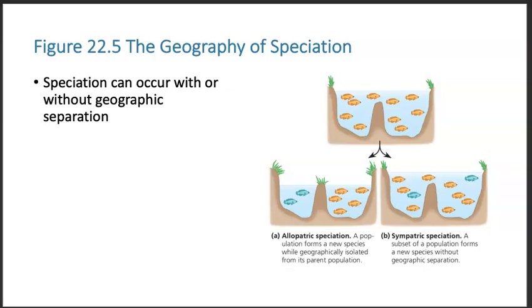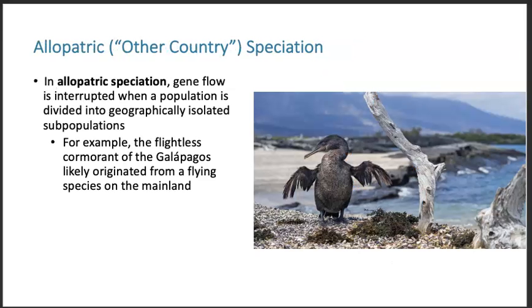So that's what we're going to spend some time talking about, the difference between this word here, allopatric speciation, and sympatric speciation. So let's start out with allopatric speciation. Literally, allopatric means other country. Allo means other, and patric, I always think about patric as like patches, but literally from the Latin, it means other country. So in allopatric speciation, the gene flow is interrupted because one population is divided into subpopulations, smaller populations, and those smaller populations are geographically isolated from other